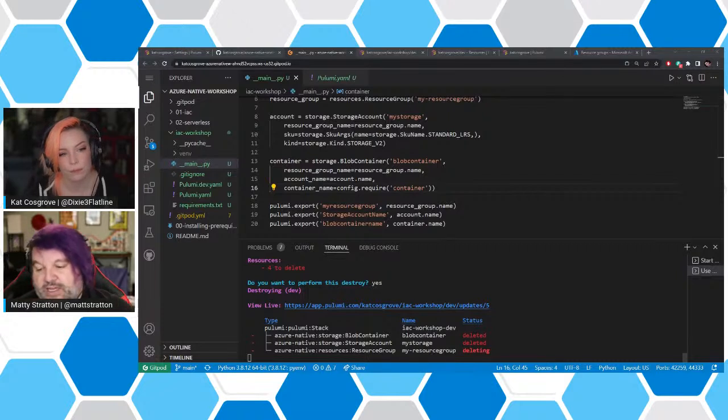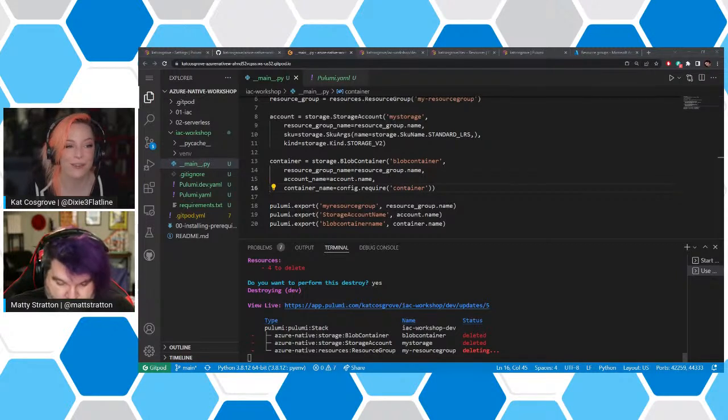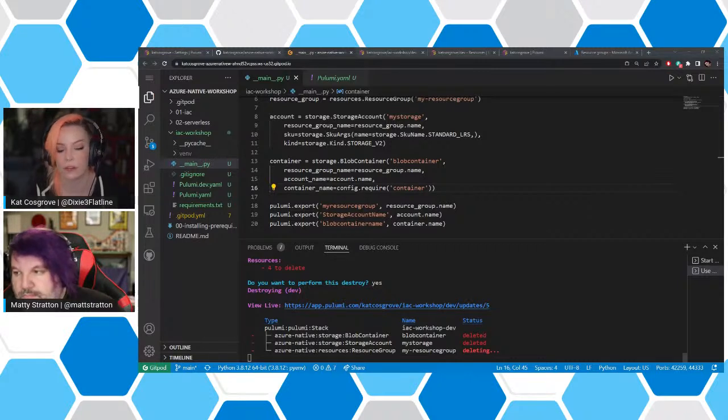So, like you said, if there are already resources created in Azure, you can get from that. Yes. You're not stuck starting over from scratch just because you want to switch to Pulumi. If you're using something else to manage your infrastructure, there's a way to import that into Pulumi, or if you can manage it with the Azure CLI, it's the same thing, because this is a native provider that we're using.